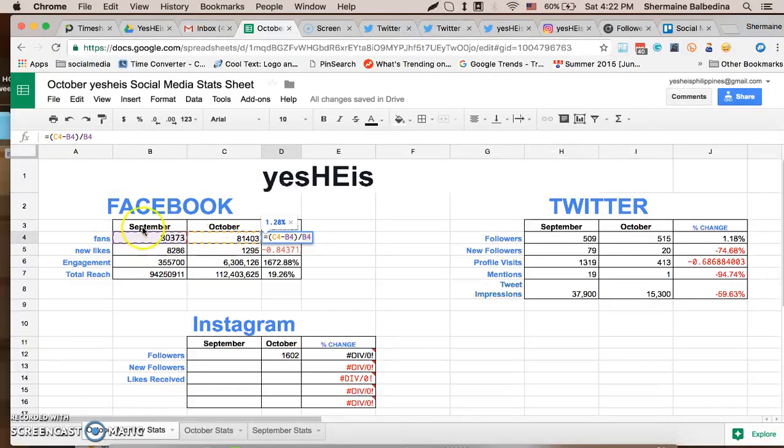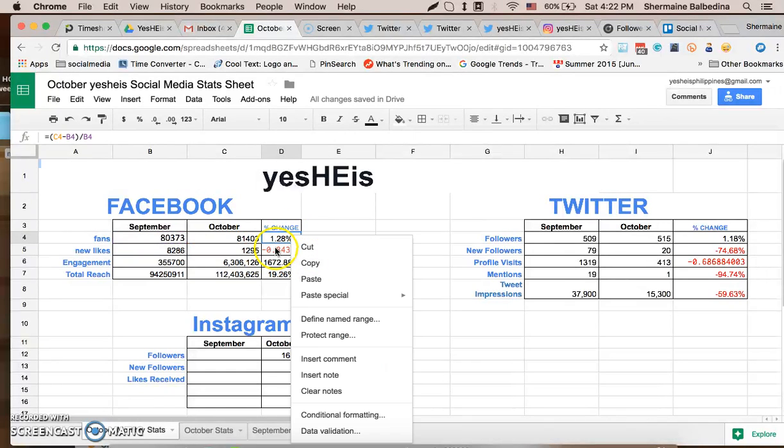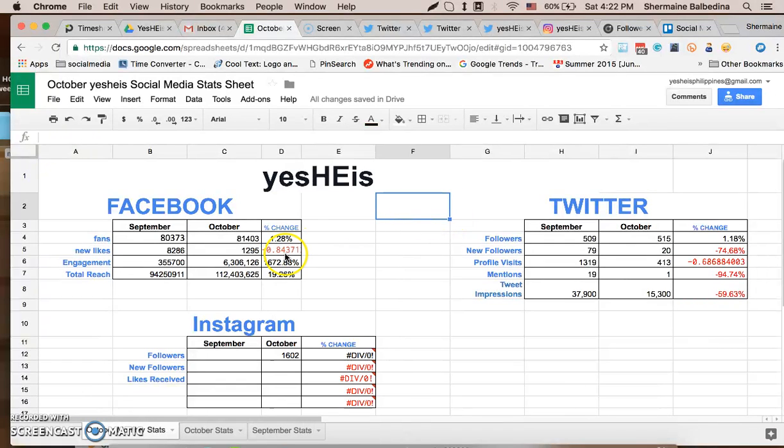So present October total number of funds, deduct by September total number of funds, divided by the past total number of funds for September. Once you have that, you can just copy this one and then paste on the other fields. So you can get the formula. But be sure to check it manually to avoid error. So you can see there's 1.28% change.